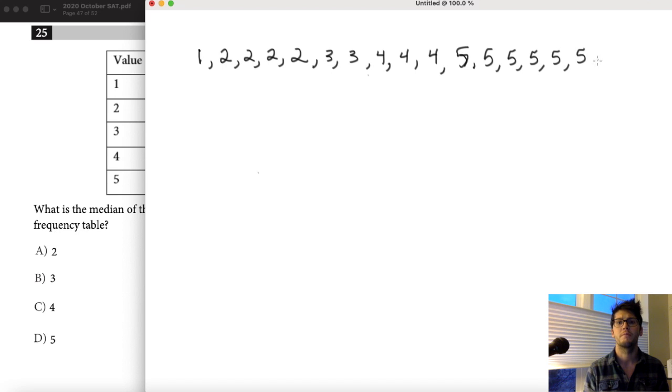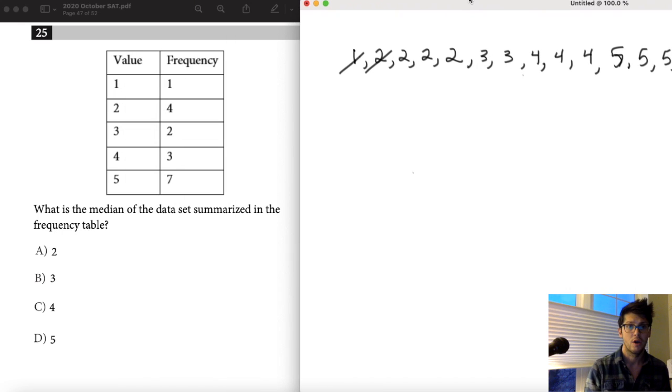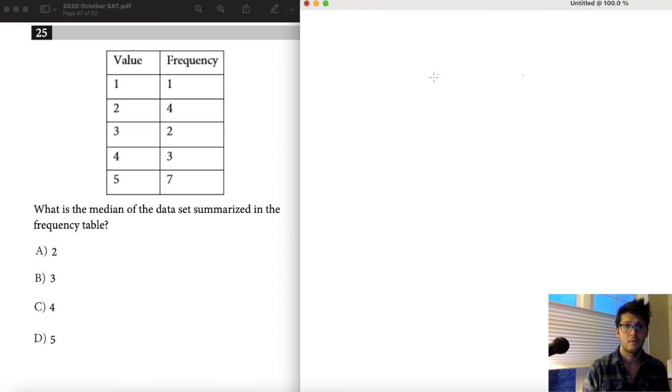And you would look for the middle term here, right? You could just count the middle term, and people play that kind of game, but I don't want to do that on test day. What I want to do is say, how many total numbers do we have? We have 1 plus 4 plus 2 plus 3 plus 7, otherwise known as 17 numbers. This is 10 numbers. Another 6 is 16. There's 17 numbers. The median would be the